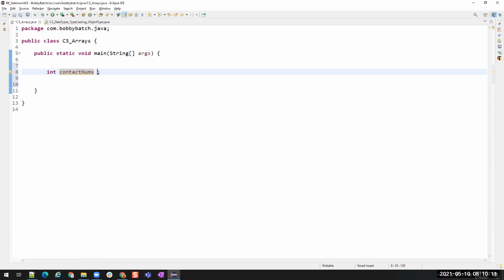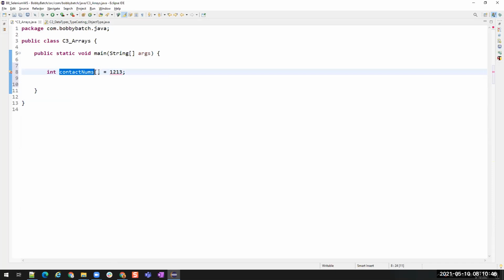After this, we will assign some values. But now I want to use an array which can store multiple values inside this variable. So to tell Java that this is not a normal variable, this is an array variable, I might store multiple values inside this variable, we have to add these braces. So if you add braces over here, that means this contactNumbers variable is an array.